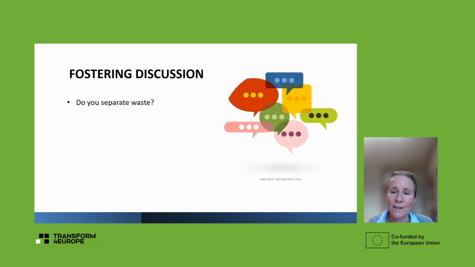Another, I think, familiar topic that we all encounter in our everyday life is that of recycling. Do you separate waste? Now, this question, of course, can be perceived as rather simplistic. So obvious is the answer that it doesn't really deserve a response, right? I can just picture my students looking at me and thinking, I'm not going to answer this question. It is too simplistic. It is closed. It is not worth answering.